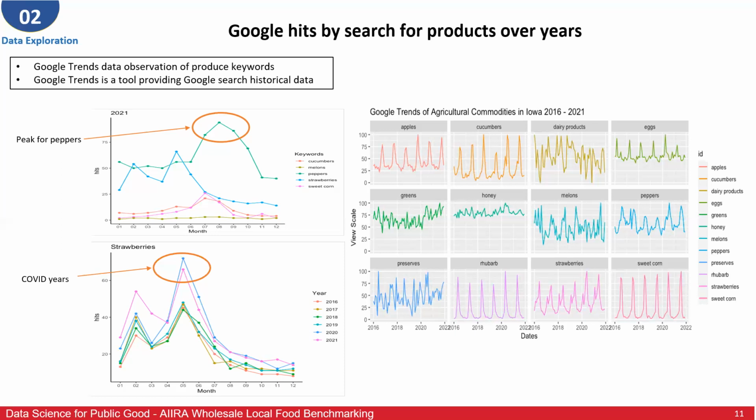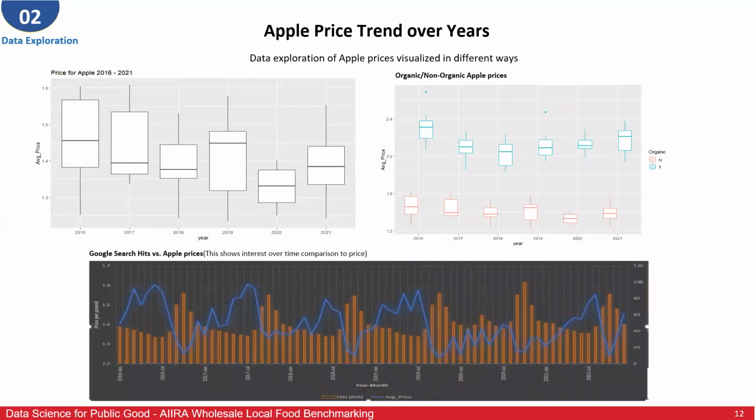And on the next slide, in addition to the data exploration process, we also looked at the apple price trend over multiple years. On the top left-hand chart, it's a general box plot of the price of apples from 2016 to 2021. We were not only looking at where the mean or average price of apples was over the course of multiple years, we were also looking at the variability of those prices, like what was the difference between the lowest and highest price and stuff like that. And that was very important because we used that information later on for our machine learning process.